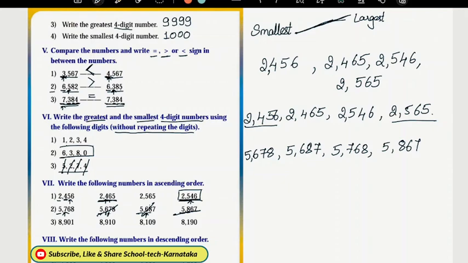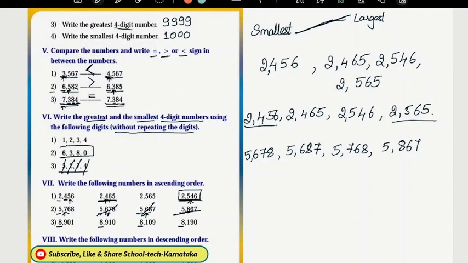So here we need to find the smallest first. To find the smallest, we check the thousands place. 8, 8, 8, 8. Since it is equal, we